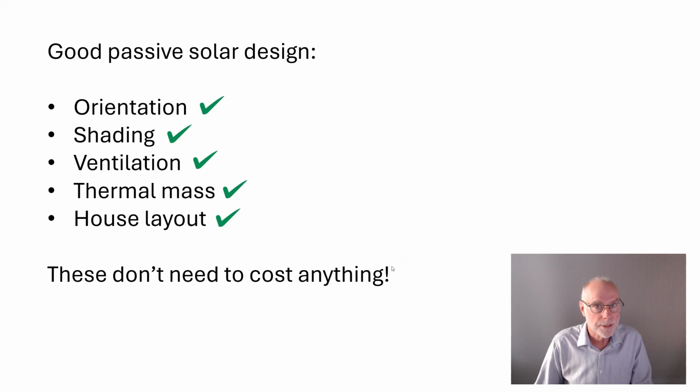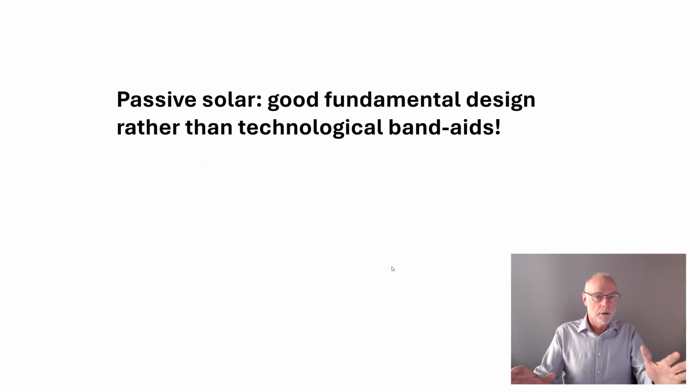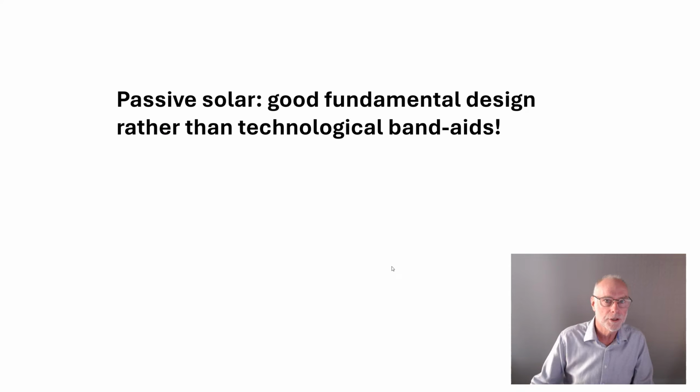These don't need to cost anything. And in fact, a simple rectangular house will be a lot cheaper than a complex house with lots and lots of corners. I've seen recent examples of houses with over 16 corners. Obviously, a rectangular house need have only 4 corners. You don't have to have only 4 corners, but having 16 or 20 corners is just crazy stuff from a point of view of losing heat through walls compared with the volume of the house, and from a point of view of increasing cost. Passive solar, it's about good fundamental design